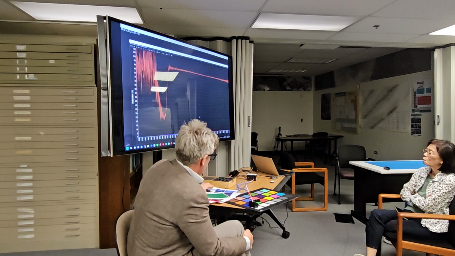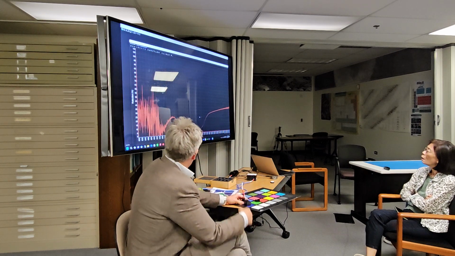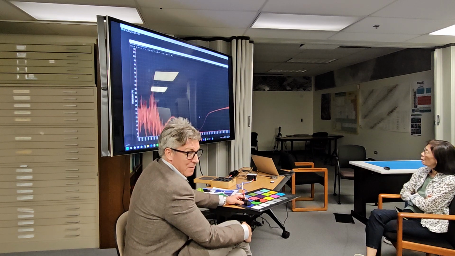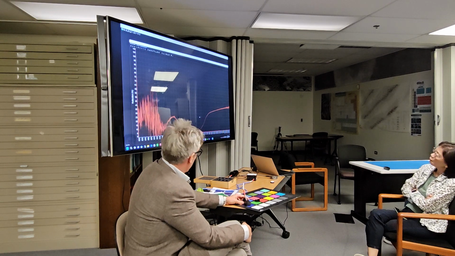Let's see what happens when I go to blue. Okay, so again, ignore that crap on the left, but I've got a big spike in the blue, and I've got a trough in the green and the red, and then I've got this plateau out in the near infrared, right? If I go to the green,